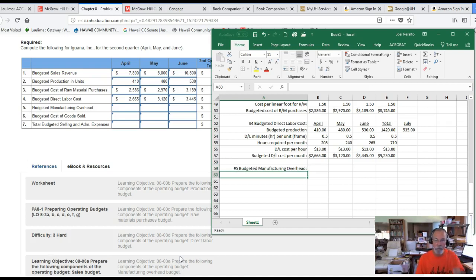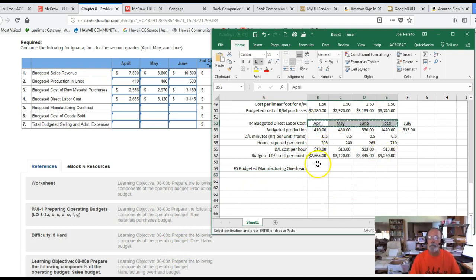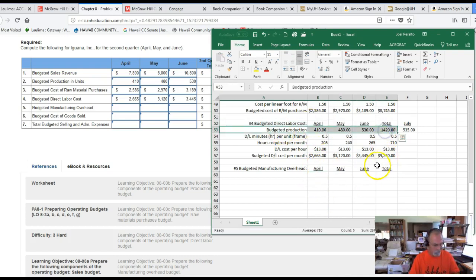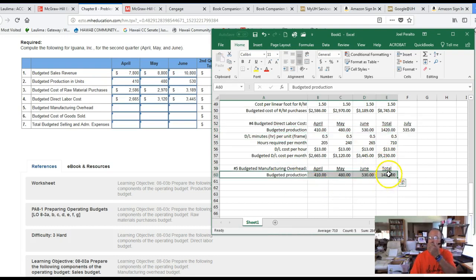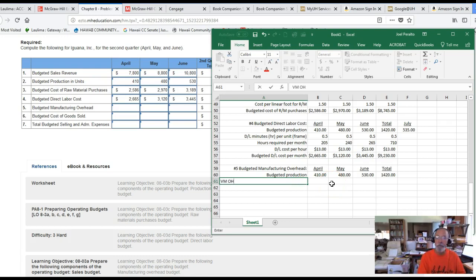So we have our budgeted production. Then we have our variable manufacturing overhead cost per unit, and that was 0.3,